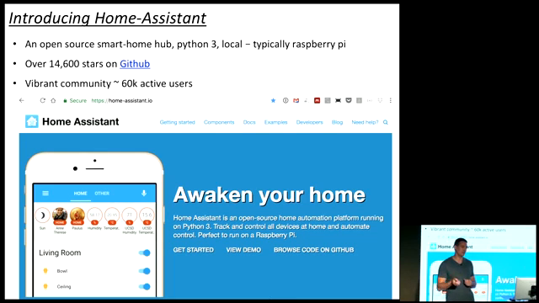We've got a very active community as well. Based on regular downloads, we think there's at least 60,000 regular users of Home Assistant. If you want to check out the docs and get a feel for what Home Assistant looks like, head over to the website. I've just got a screenshot of it over there, and you can see the URL at the top.